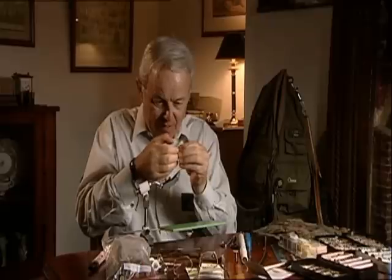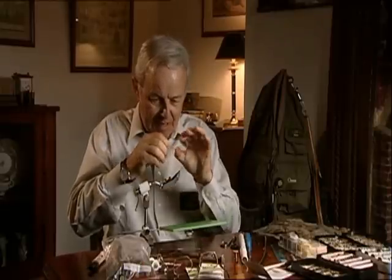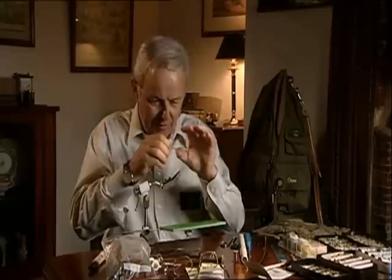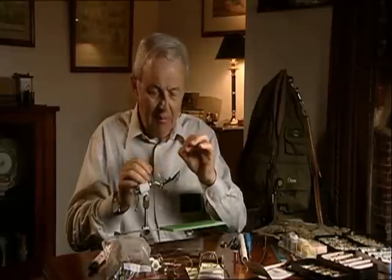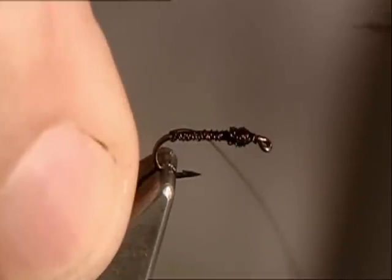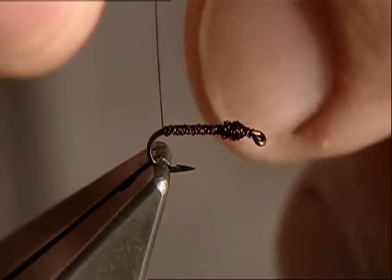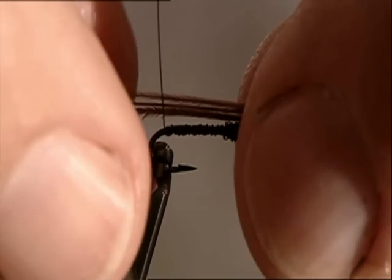Having got your 4 fibres nicely even, just hold the tips. What I do, I just stroke up the flow a little bit, lift the nap. Now, what Sawyer says is that on his nymphs, he likes the tails to project only about 1/8 of an inch. I find it difficult to hold these 1/8 of an inch tips. You'll find that you'll pull them out, and it's a pest, is that. So what I do is this: hold the wire up, get hold of more than 1/8. I hold about almost 3/4,